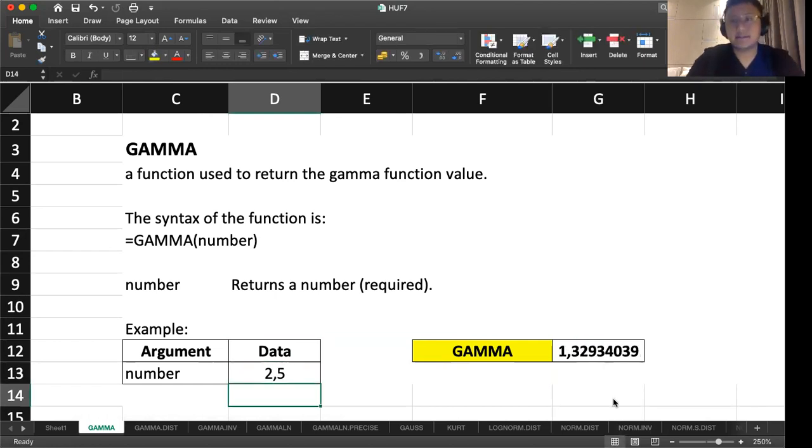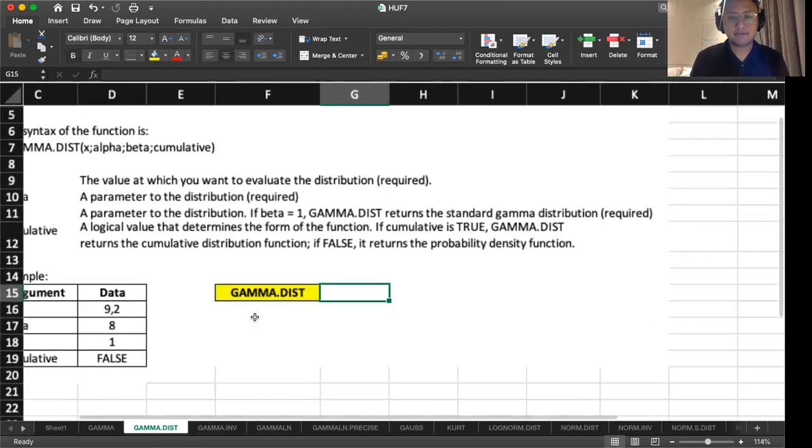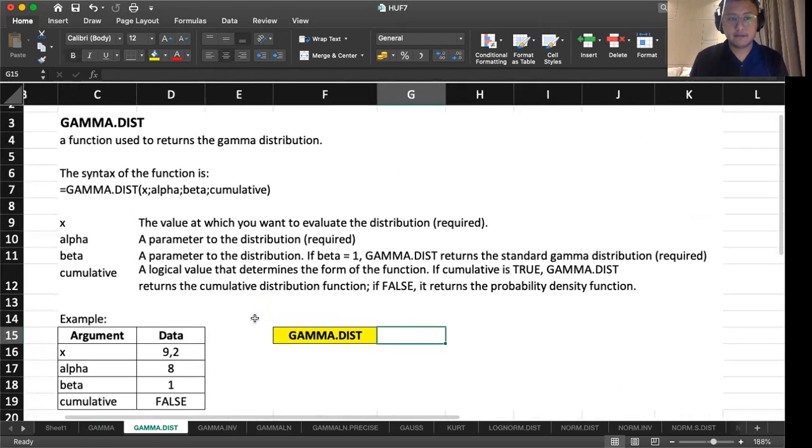And then the result is 1.32934039. So this is the gamma result from 2.5. And then the next function,